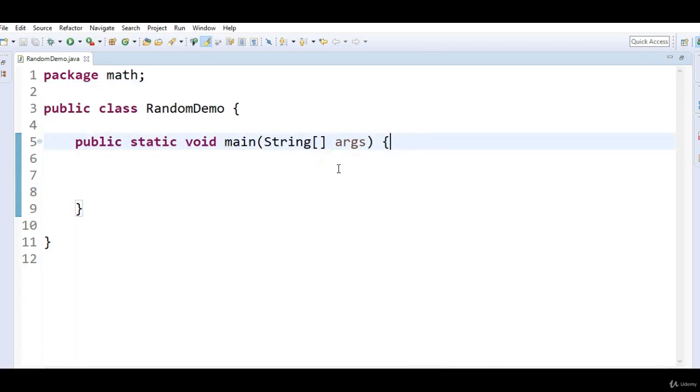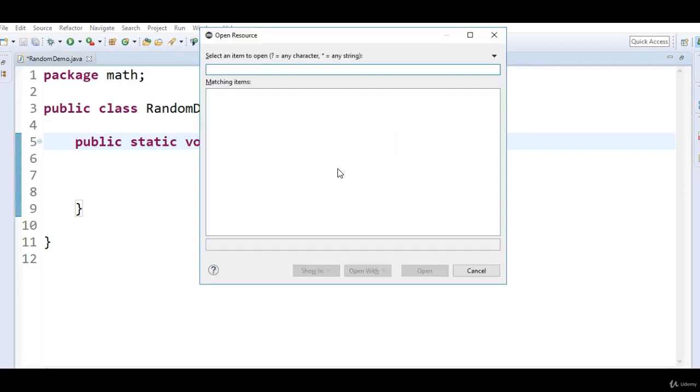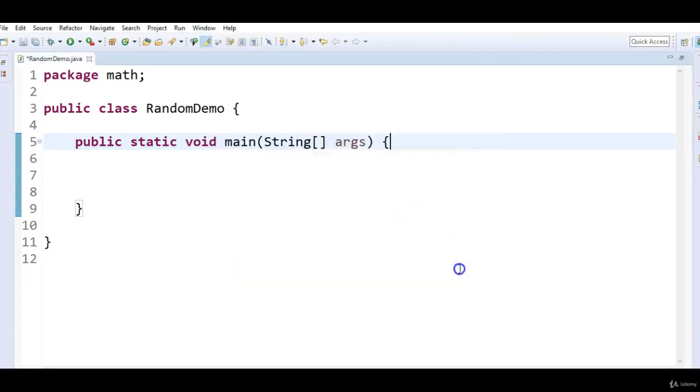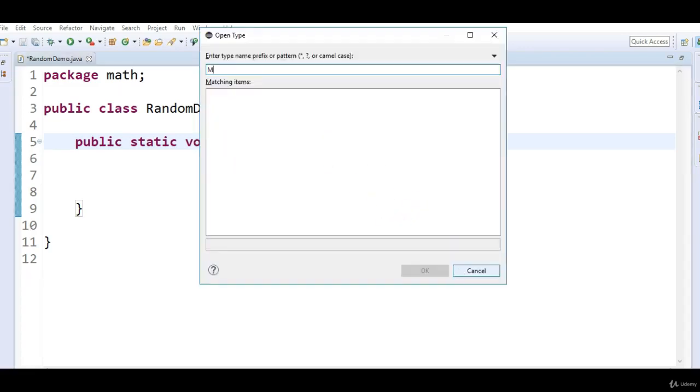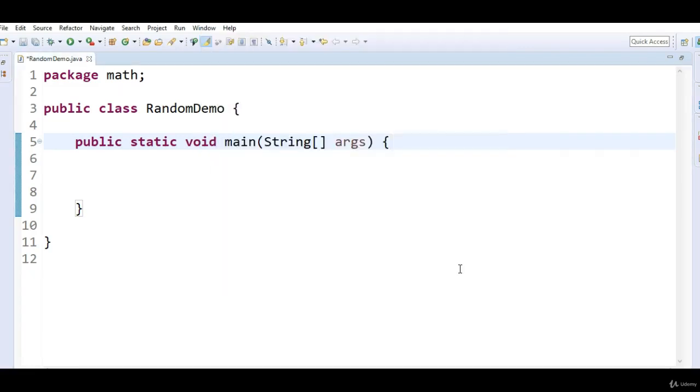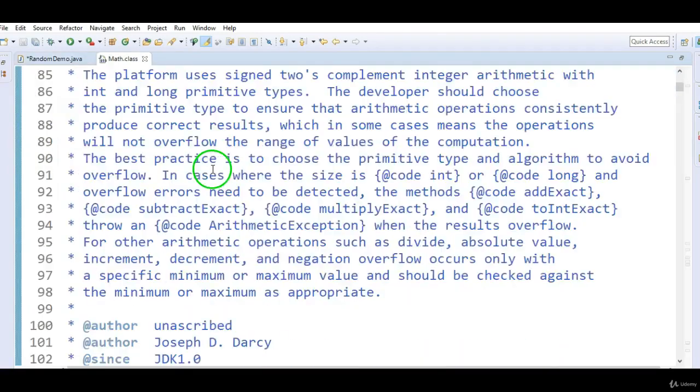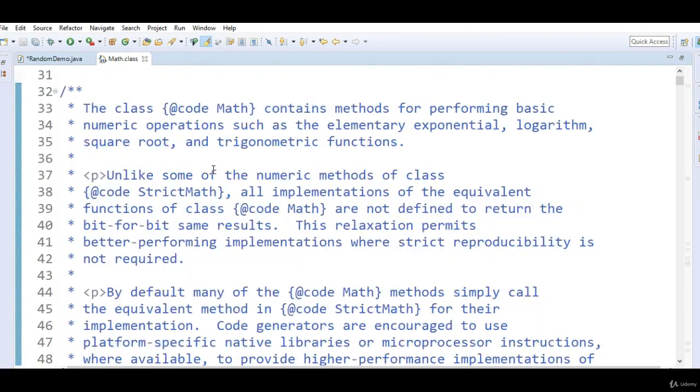What is the first method? Math.random. We have a class called Math. Let's see the documentation related to the Math class. Press Ctrl+Shift+T and type Math. So what is this Math class?